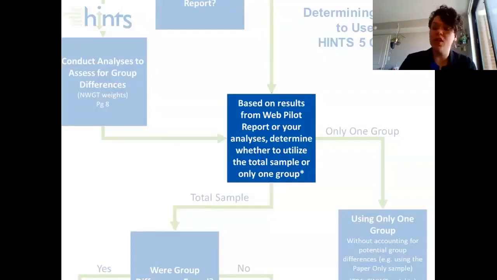However, if one does not find any group differences by group assignment, it's recommended that analysts use the combined sample and the respective weights, the TG all weight variables, to increase your statistical power. Note that while it's suggested that analysts use the full sample whenever possible, an analyst may decide to conduct analyses on only one group. So now I'm going to go through the code to do that.